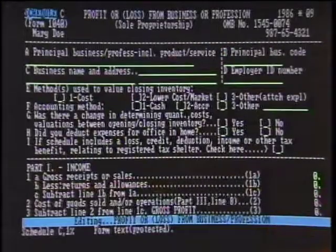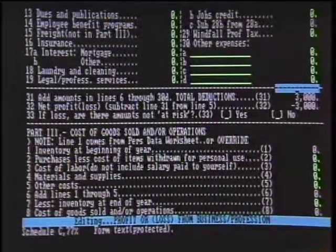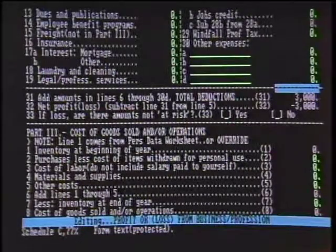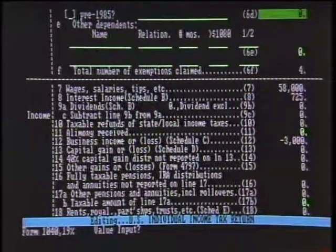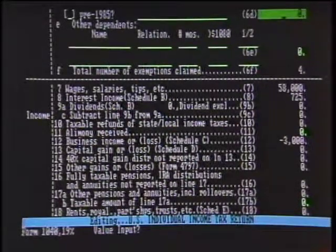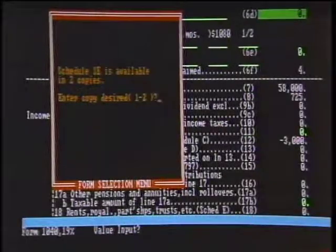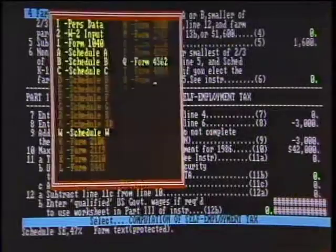And what do you do now? So we'll pull up the form menu. Now we'll go to the Schedule C, number 1, which is where I directed it to go to, and we can see that the $3,000 is there. It's resulted in a loss on Schedule C. We can go look at the 1040, look at that number, line 12, and we can see the losses on the 1040. Furthermore, it'll carry forward to the Schedule SE. It also carries forward to the Schedule W and creates...